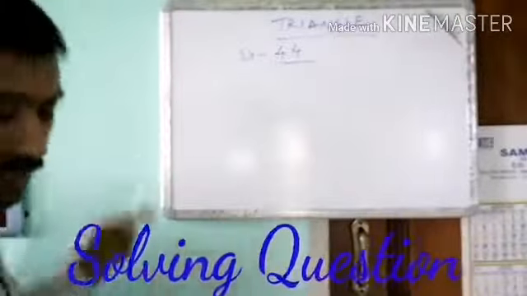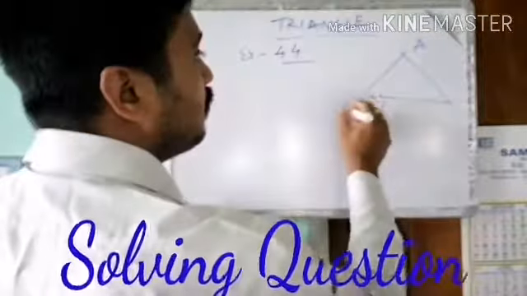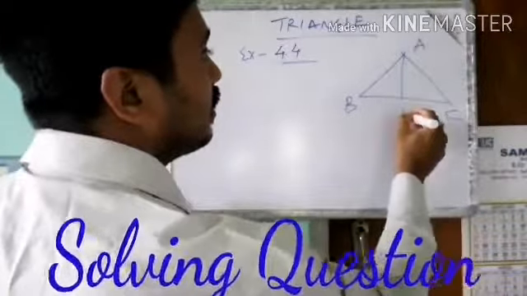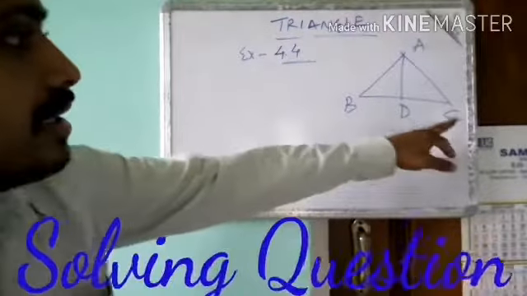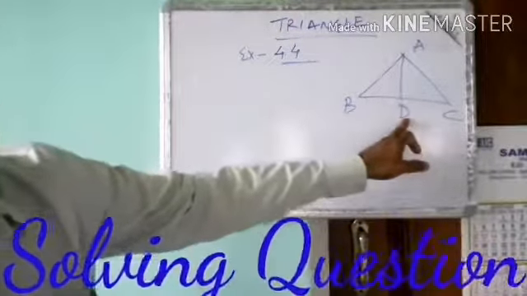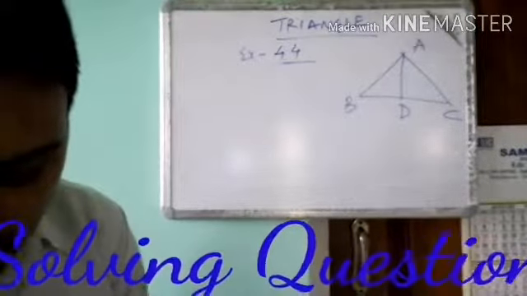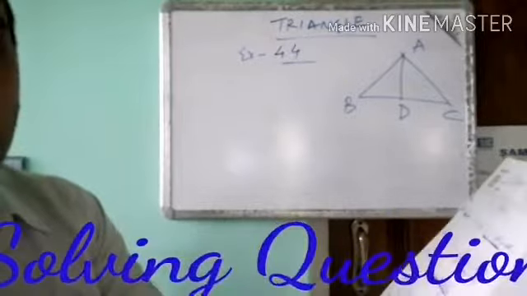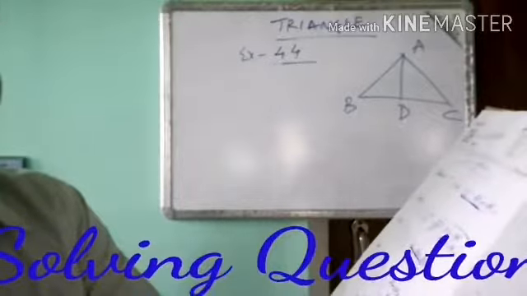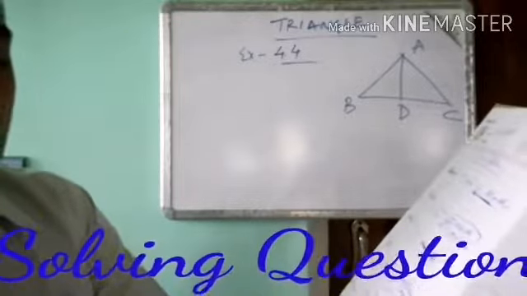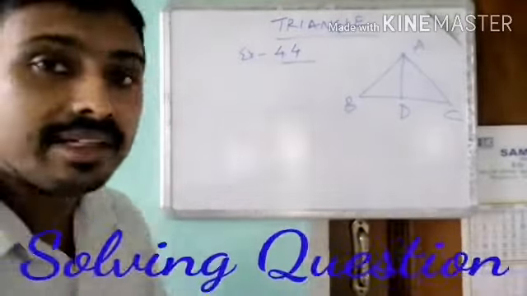A triangle is given in the exercise, like this. A, B, C, D. A triangle is given, ABC, and AD is a line segment in between. It's not a median, but it is a line segment given. The questions are: identify three triangles. Write the names of 7 angles. Write the names of 6 line segments. Write 2 triangles that have B as common. So identify 3 triangles.